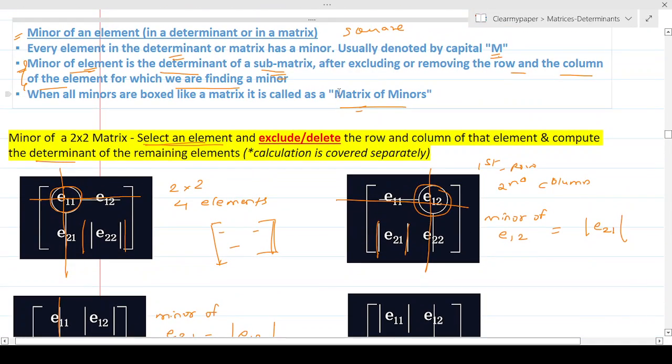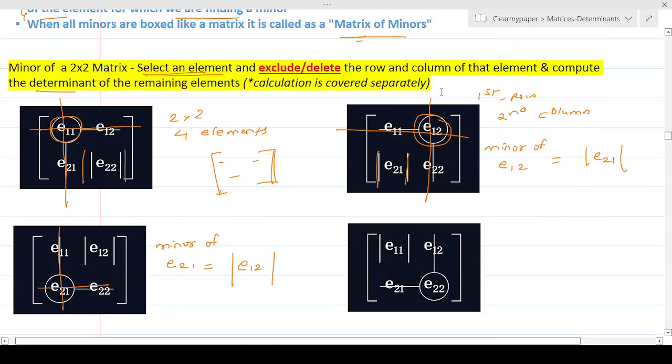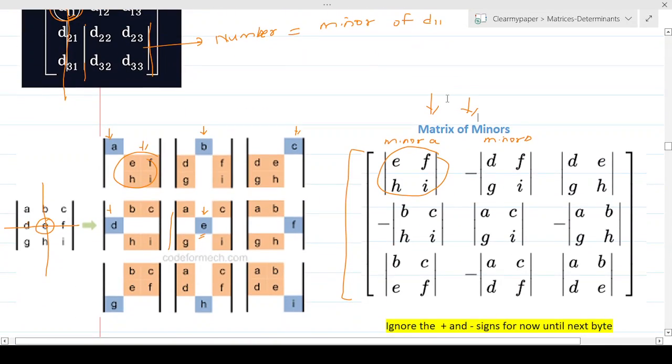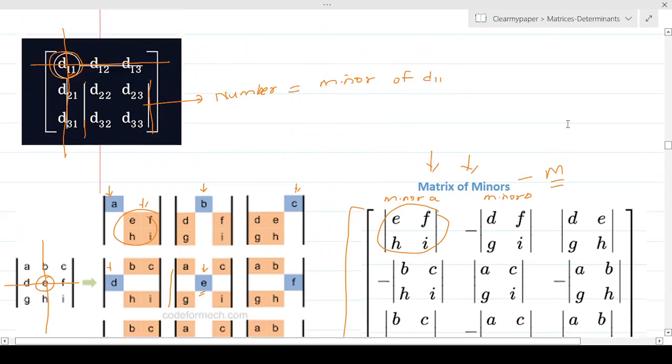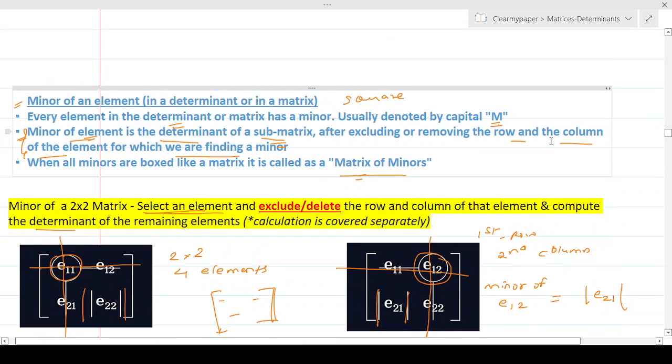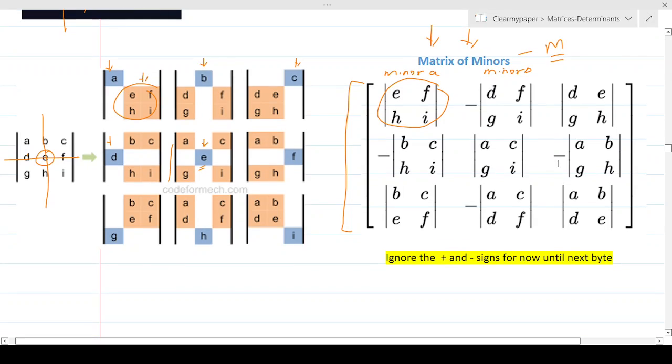So we talked about the matrix of minors. That's usually represented by the letter M, which we also discussed here. So the matrix of minors, or M, is usually represented by this. For the time being, ignore all these algebraic signs, and we are going to talk about them in the next bite or episode of another terminology.